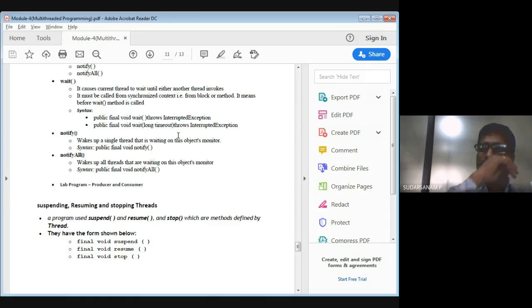It will be waiting, and if another thread does not execute, then also there will be an exception, so you have to write the exceptions for them.